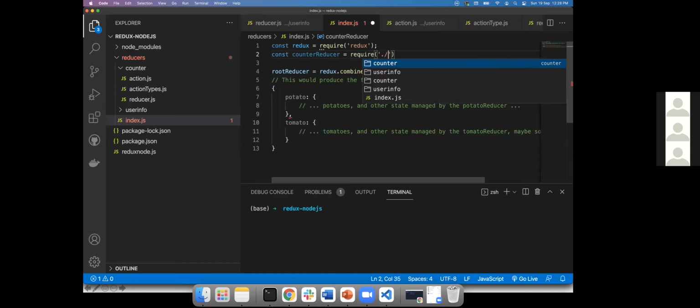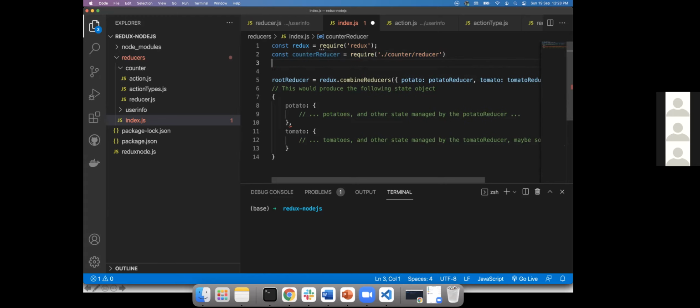Where is that counter reducer? Counter reducer. Similarly, auth reducer. Is it auth I gave?